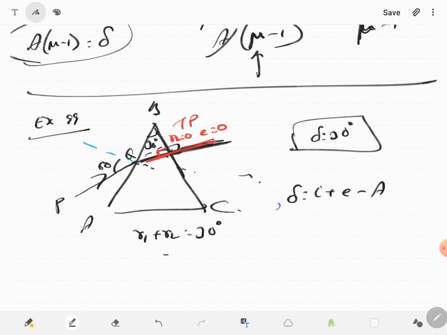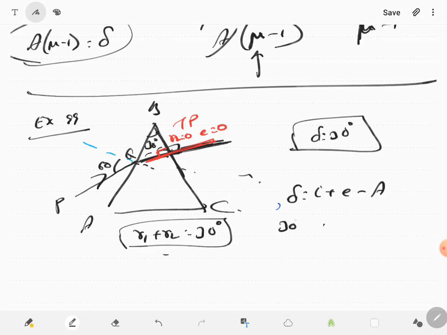Have they given minimum deviation here? Have they given the word minimum deviation in the question? A ray of light PQ is incident at an angle 60 degree on the face AB of the prism of an angle 30 degree. The ray emerging out of the prism makes an angle 30 degree with the incident ray. Show that the emergent ray is perpendicular to the face BC. So there's no word called minimum deviation. So I have to use this formula: R1 plus R2 is equal to A and delta is equal to I plus E minus A.